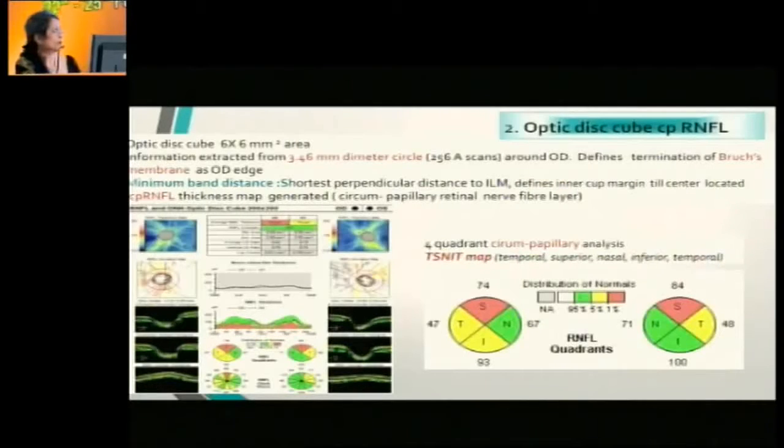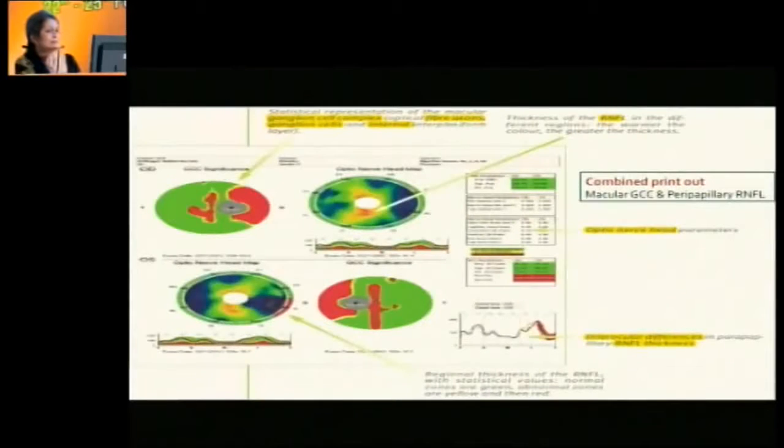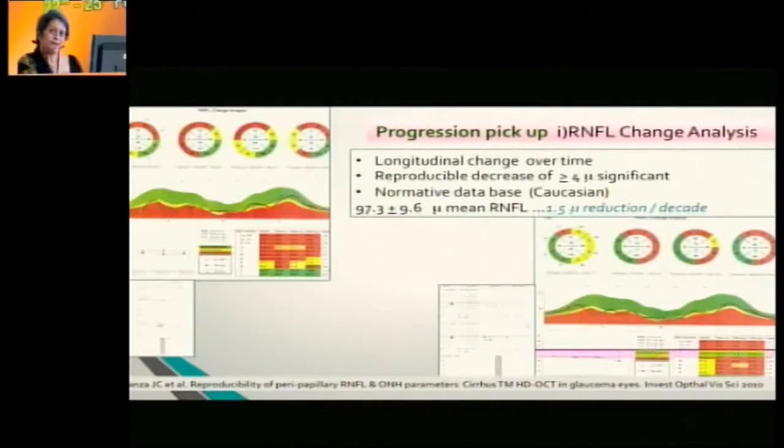The term which comes up is the CP RNFL, the circumpapillary RNFL thickness map. And here it is 4-quadrant: superior, inferior, nasal, temporal, or the DISNET map. And this is how it is depicted totally. For ease, new machines have come up with a combined printout of the macular GCC and the peripapillary RNFL together. Now that was the diagnosis. Now the